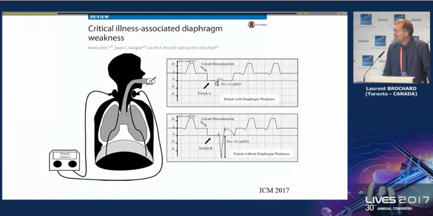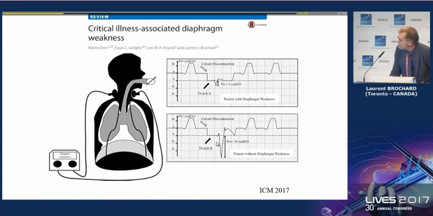For instance, in an intubated patient, just the tracheal pressure is a good signal. It reflects the change in esophageal pressure during an occlusion. So you occlude the airway, you stimulate the phrenic nerve, and you have,